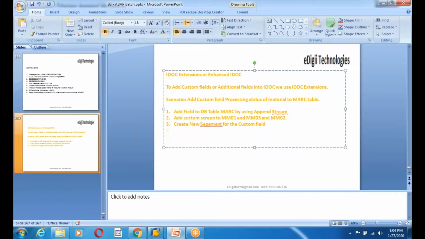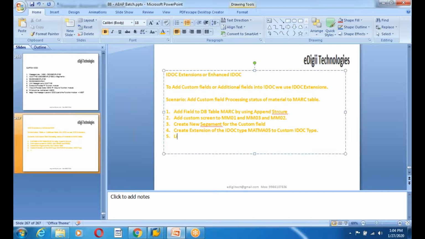You have to create a new segment and create an extension of the IDoc type MATMAS05 to a custom IDoc type, and link